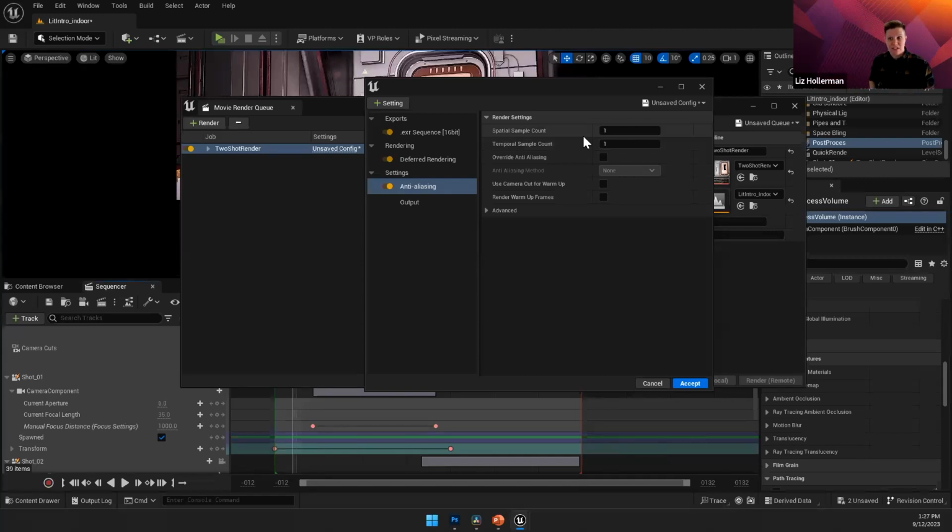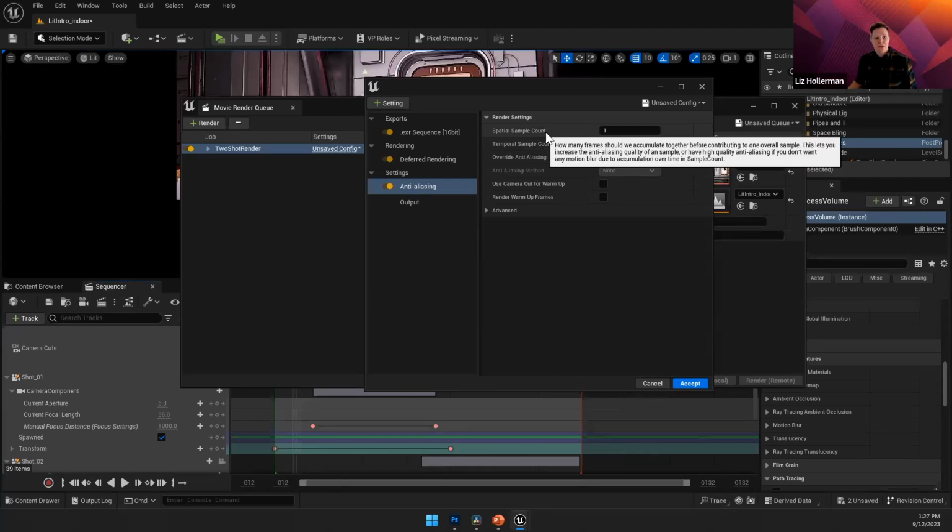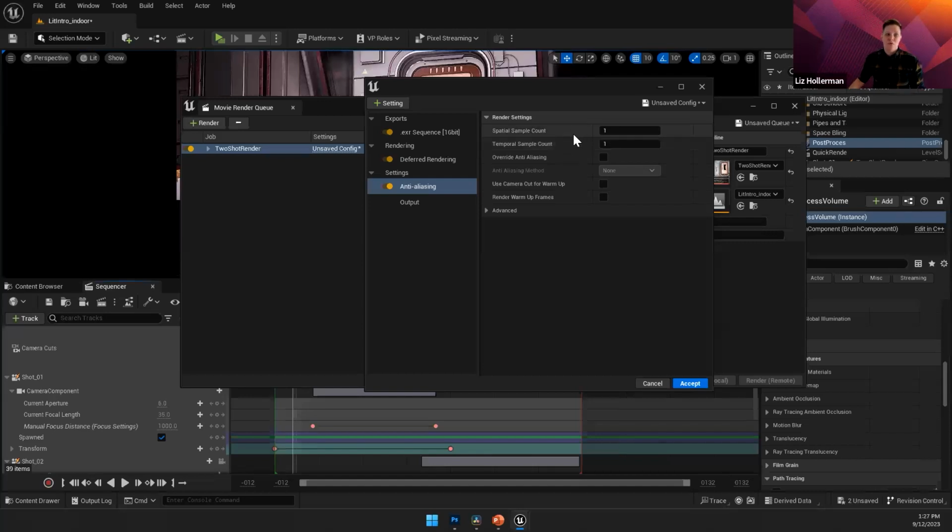So for now, I'm going to leave this at 1:1, but later on I might increase this to 4:4 or 8:8. You do want to note that the spatial sample count and the temporal sample count are multipliers of one another. So the number of samples I have here is 1 times 1. If I put in 2 here, it would be 2 times 1. And it does give you a little warning that says anti-aliasing does not cover when using an even number of samples. So I would need to disable this if I was to increase the sample count, which you can do fairly easily by just hitting this checkbox,